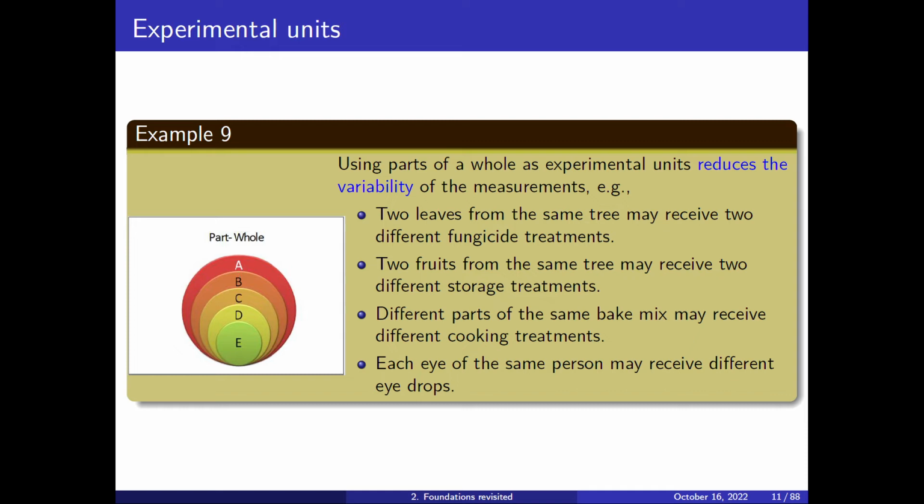So this is an example in which you try to minimize the variability of the observations by using matched pairs, but you need a sufficiently large number of pairs. So for instance, 2 fruits from the same tree receive 2 different storage treatments, or different parts of the same bake mix receive different cooking treatments, or each eye of the same person may receive different eye drops. So all these are